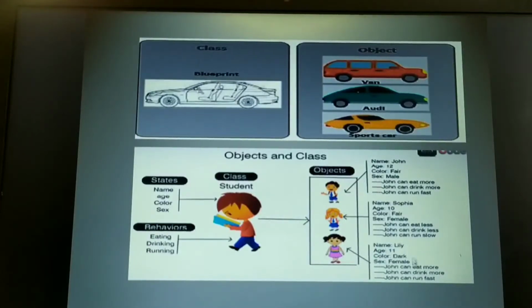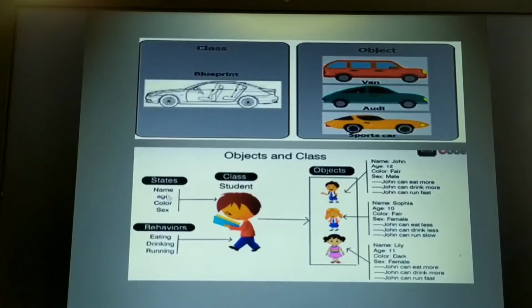She is Lily. She can eat more, drink more and she can also run fast. So these are the unique features performed by these objects. But can you see that they have the same characteristics like name, age, color and sex, and they have the same member functions: they can eat, drink and run.